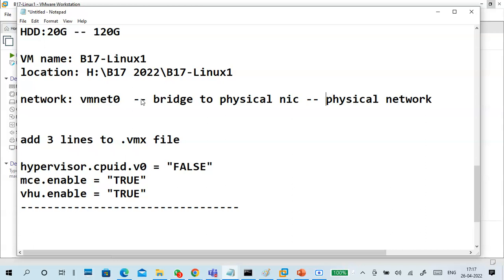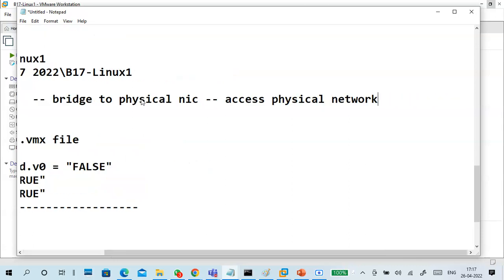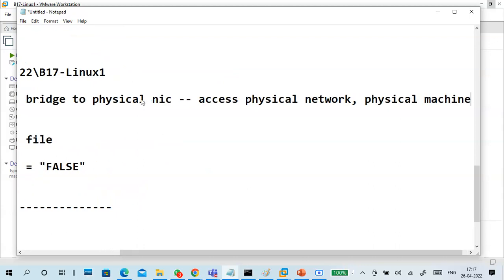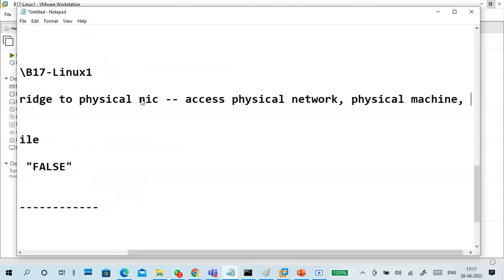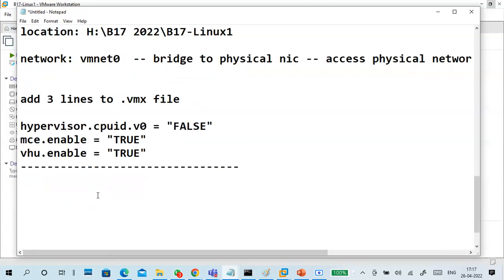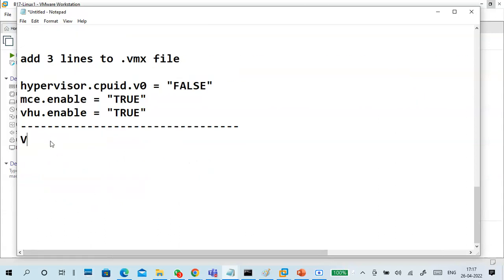One is physical network, the second is physical machine. Physical machine access is there and physical network access is there. Physical network meaning, in your physical network you have internet, that access also comes.